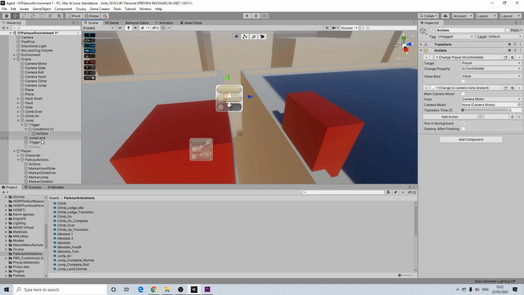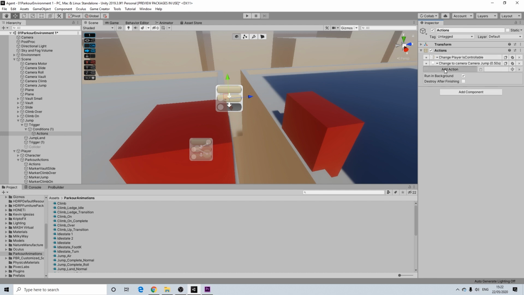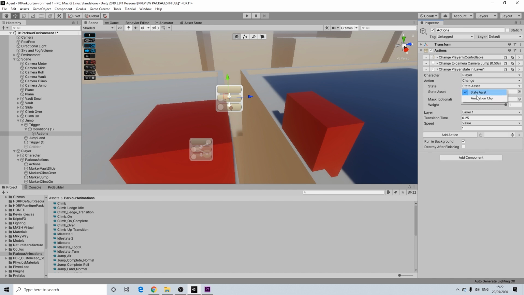So we're going to go to our jump motor, going to have a transition time of 0.5, so keeping it short but still smooth. And we're going to change our character state here again, animation clip, and this is going to be,